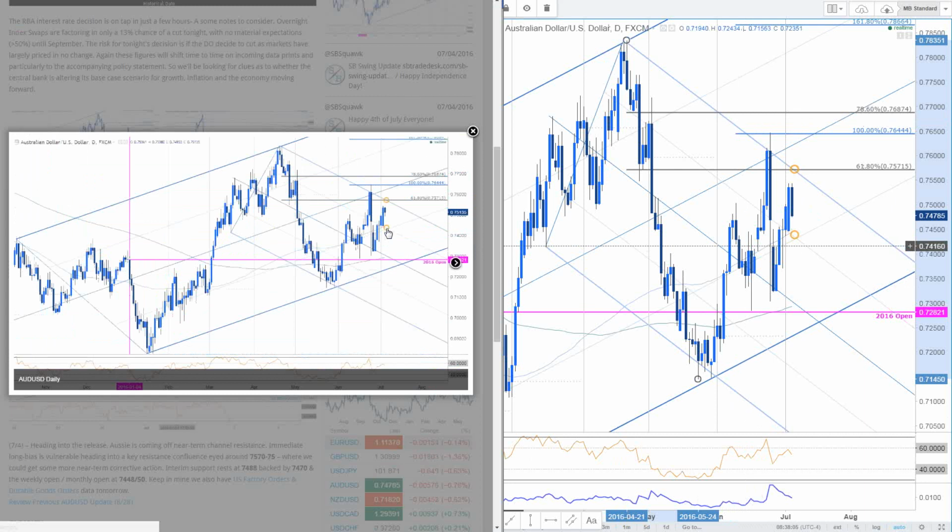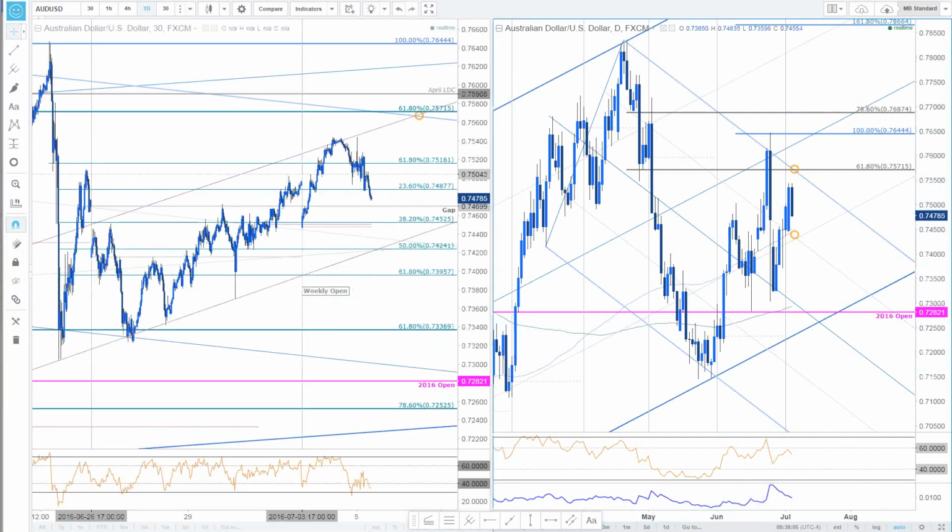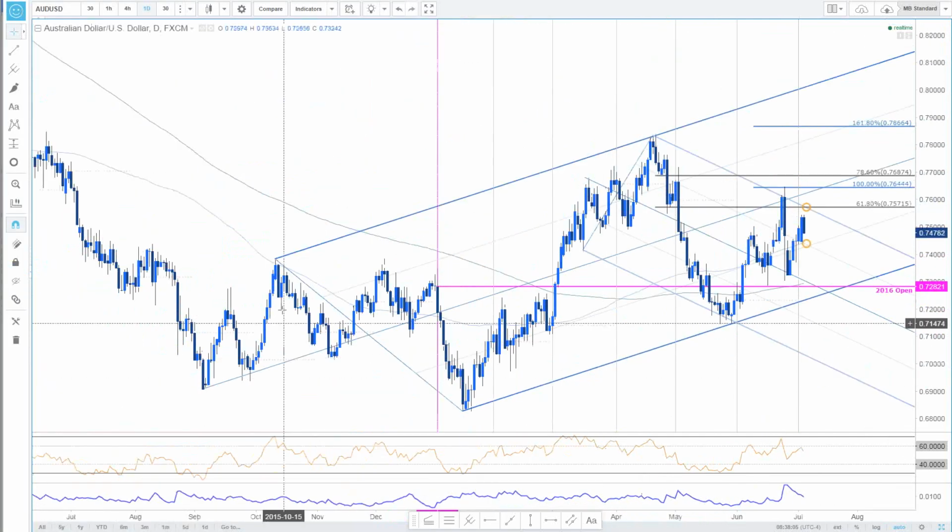Key support, you have a nice confluence right here of the 100-day moving average, the 50 line of the current operative structure off the low, and the 50 line of the current operative structure off the high. The best performer out of all the majors as far as median line analysis is concerned has been the Aussie. If you look at this chart on whole, there really hasn't been another pair that's been quite as